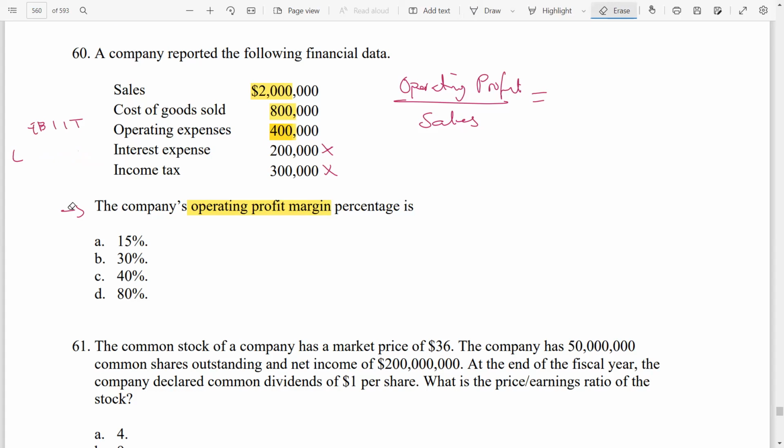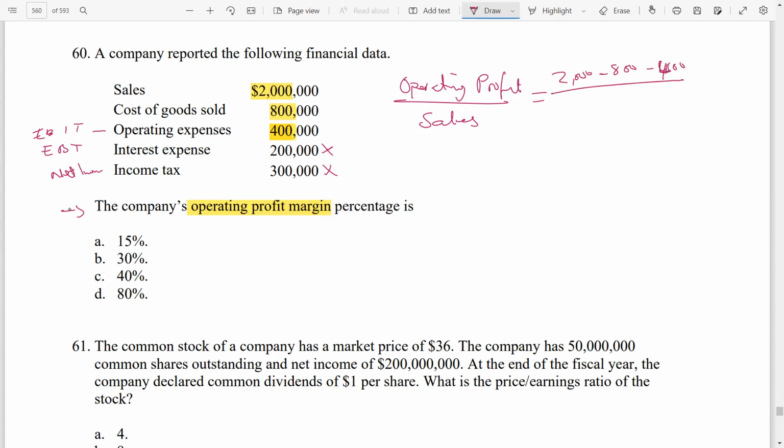Operating profit, we will consider income before interest and tax. Here we have income before tax. Okay, and after tax, we have net income. So income before interest and tax is the operational. So that is why we don't include the 200 and 300. If you include the 200 and 300, I believe you will get an answer, but that will be wrong. So operating profit, we have 2,000 minus 800 minus 400,